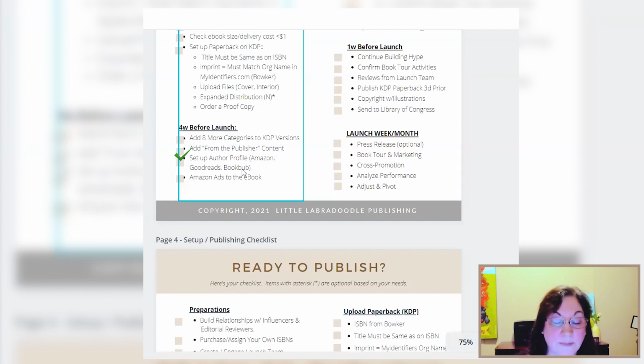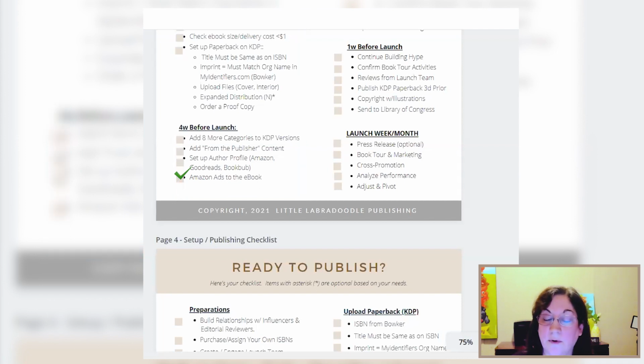So each one of these platforms has their own different process. Amazon adds to the ebook. So we want Amazon to start understanding more about your book. What is it about? What are the keywords that you have set up? Which type of buyers are going to be interested in your book? So by starting ads and sending ads to the ebook, people are starting to see your book and they see it's on pre-order.